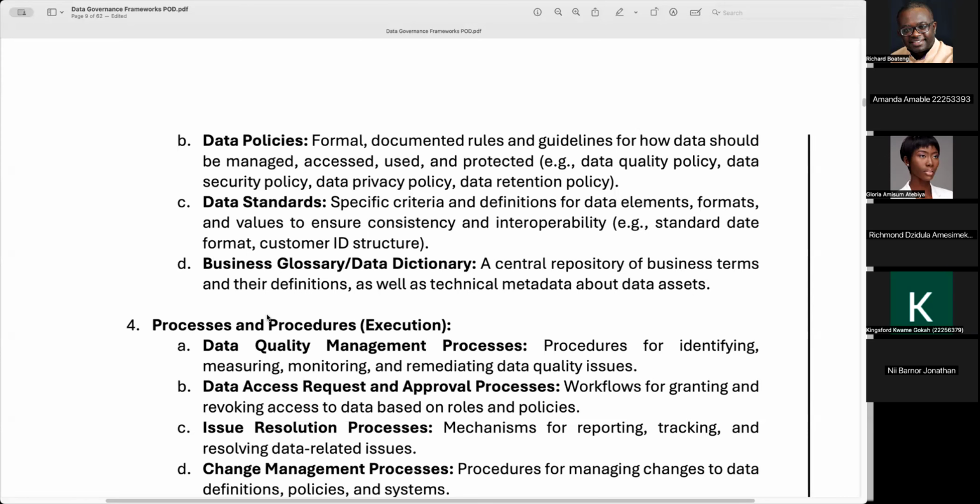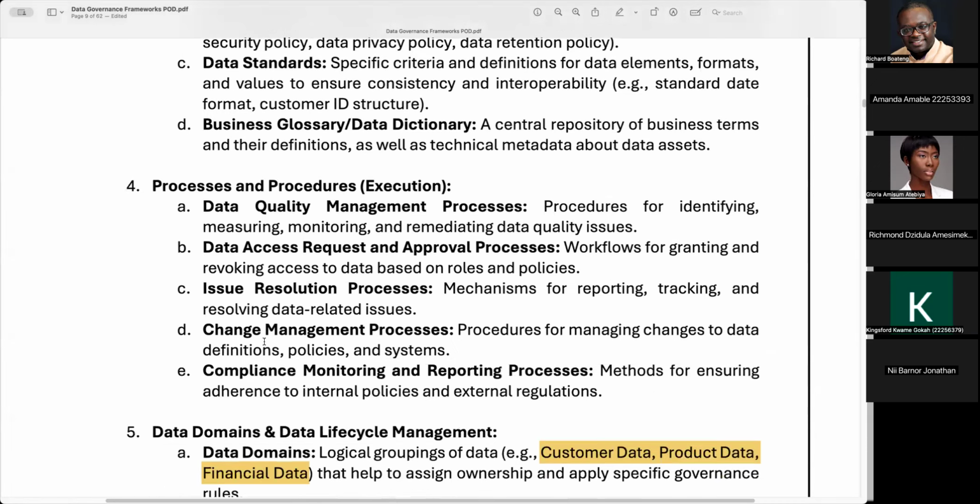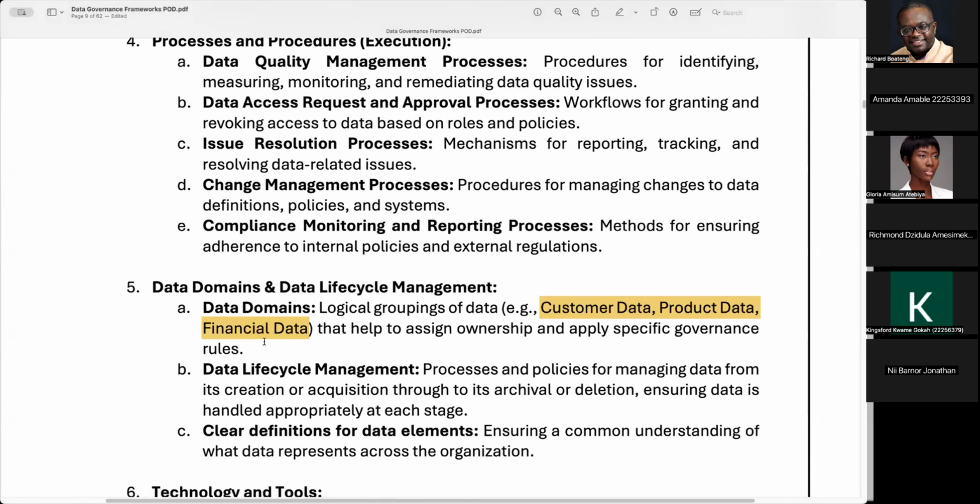Least privilege, only giving access that's strictly needed. Precisely. Then there are issue resolution processes. How are data problems, quality, security, access issues, reported, investigated, tracked, and ultimately resolved? Change management processes ensure that any changes to data policies, standards, or the systems handling sensitive data are managed carefully to avoid unintended consequences. And compliance monitoring and reporting processes establish how you actually check and report on adherence to